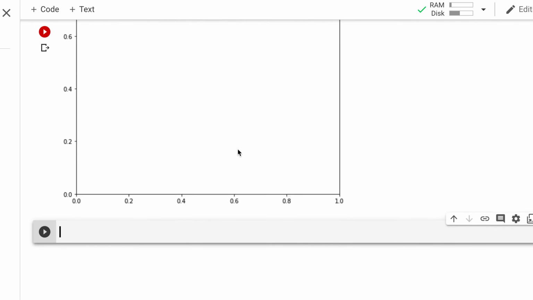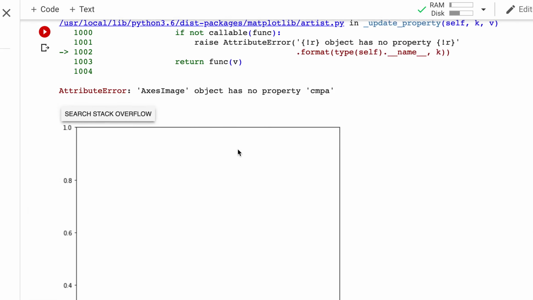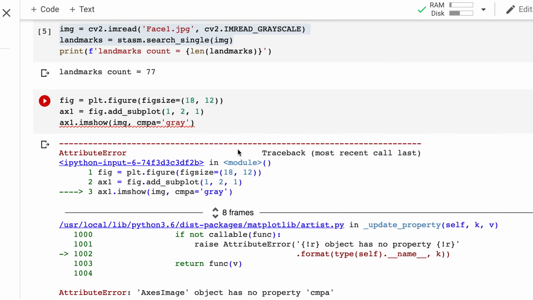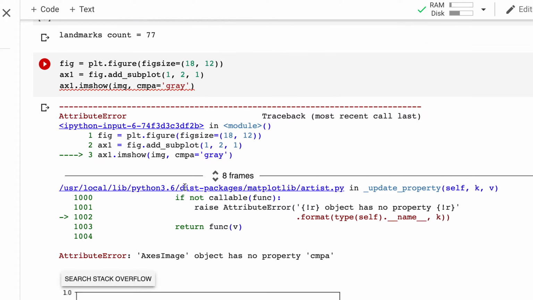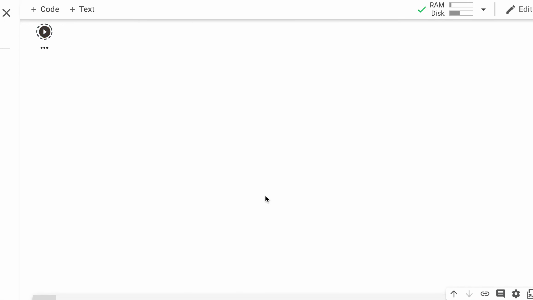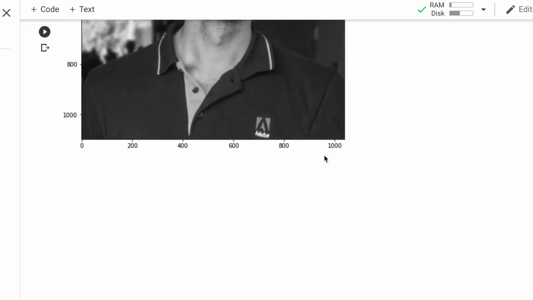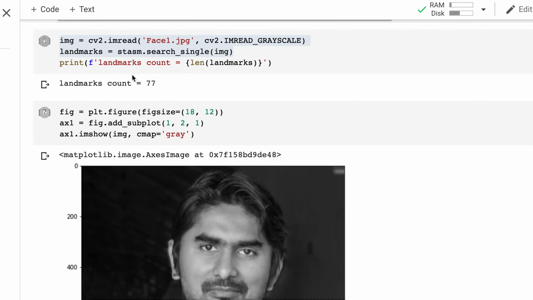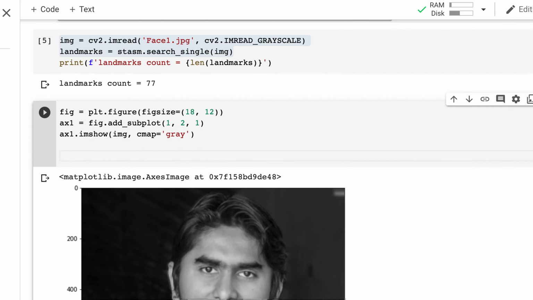We have not yet changed anything. It's cmap. So this is the original image. We have not done anything yet. We have detected landmarks but not added some visualization for this image. So this is the original one. Next,